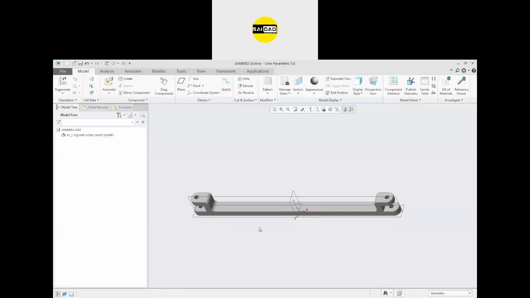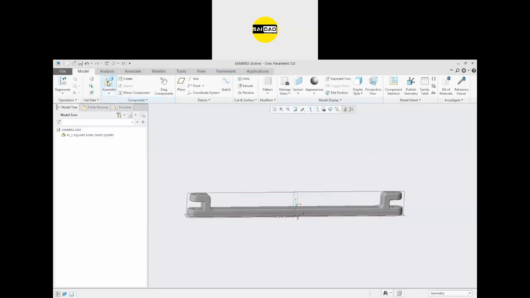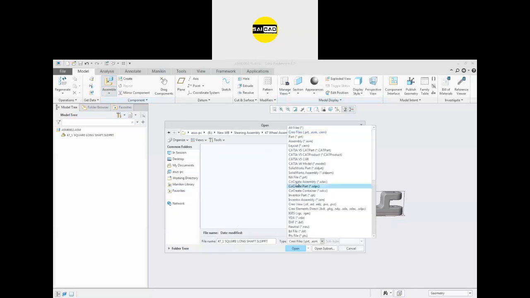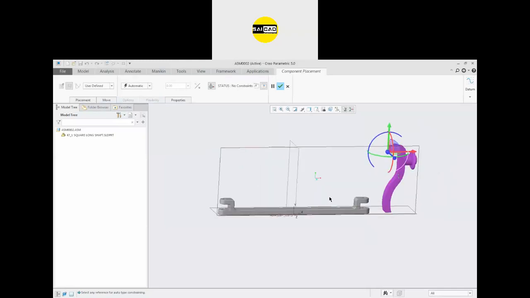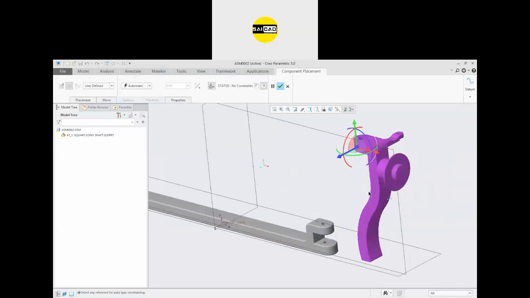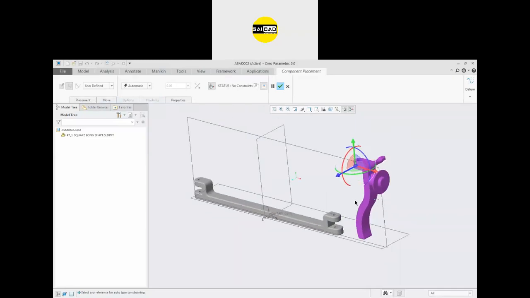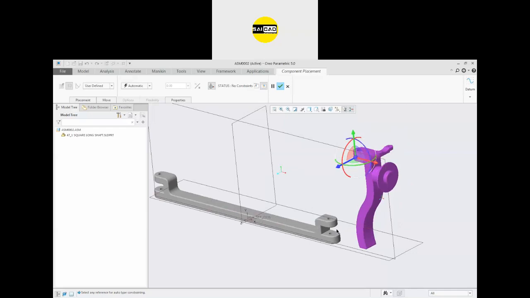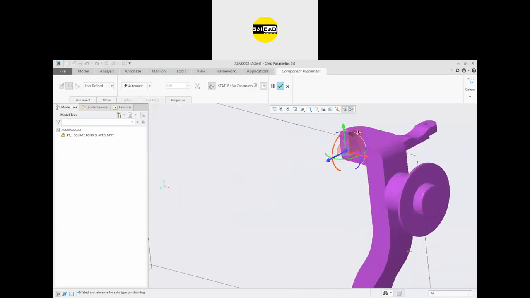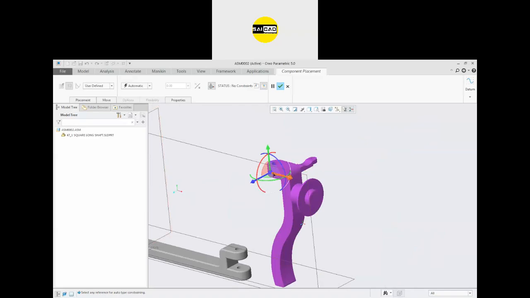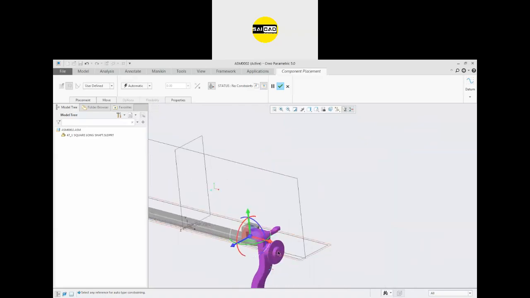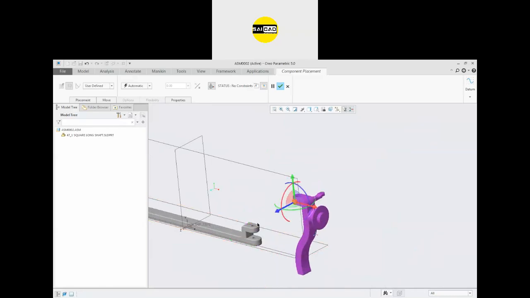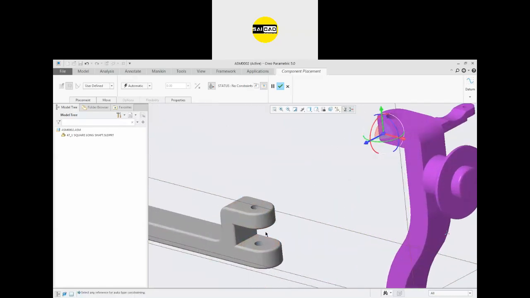So click OK, and after that go to Assemble again and insert the second part. Right now I want to assemble this part here. For that I'm going to use some joints, because this product will be adjusted like that and it will rotate around the axis, the spin axis.